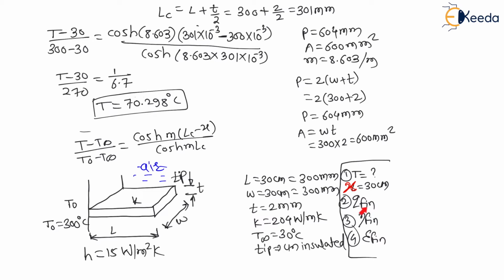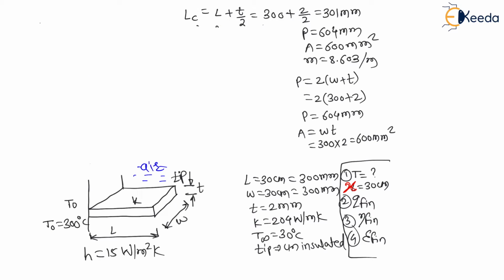Next question is heat transfer through this fin. Now to find the second question, that is heat transfer through the fin, let us use the formula of uninsulated end, that is under root of hPkA times (T naught minus T infinity) times tanh of m Lc. This will be the formula for uninsulated end with the corrected length. Therefore, let us put the values.